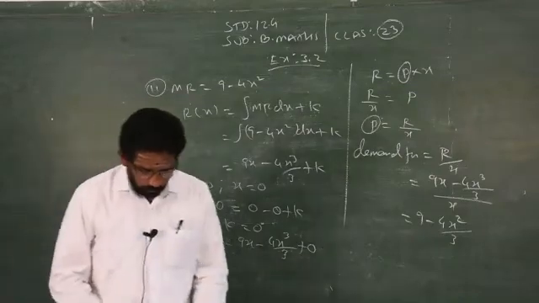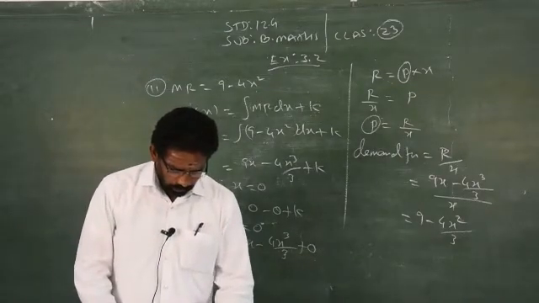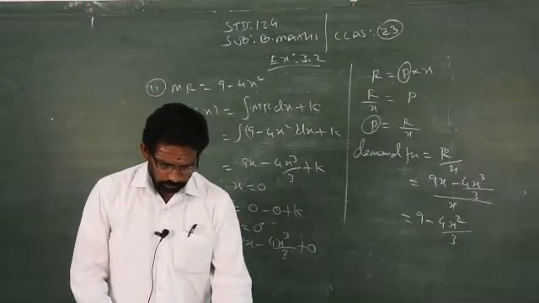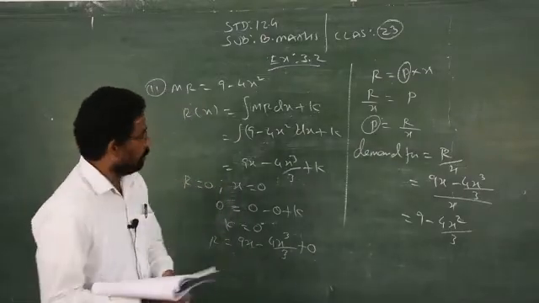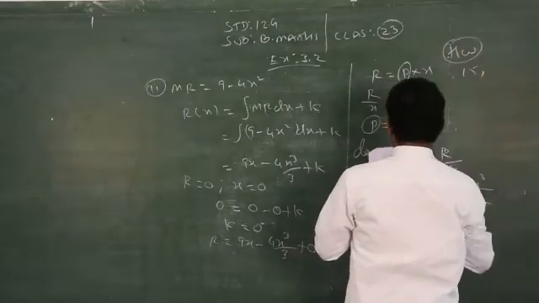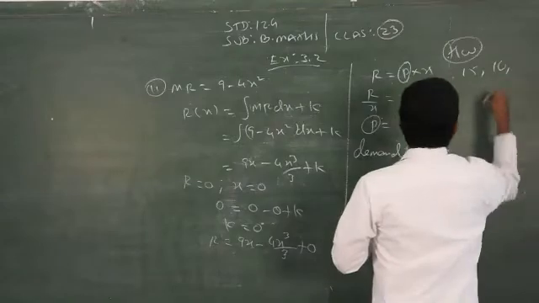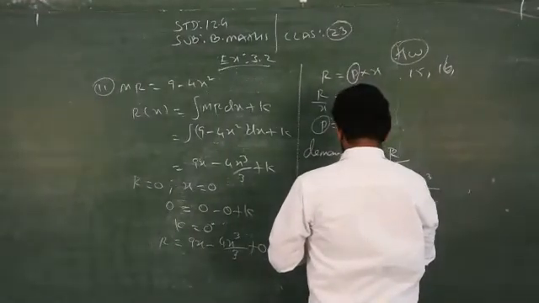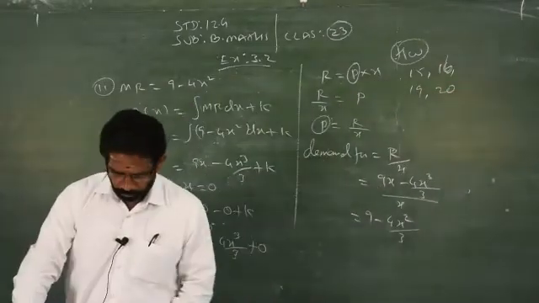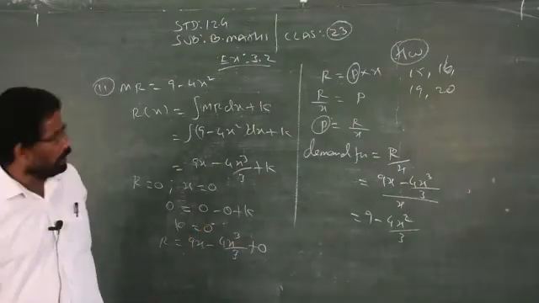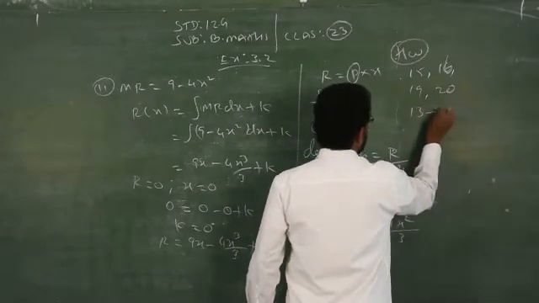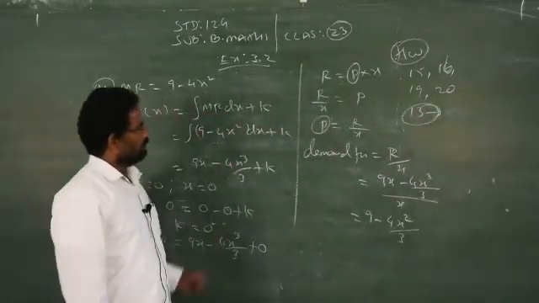The same way you can do sum number 19. You can do sum number 15. This is homework. Clear? So remember that. You try at home sum numbers 15, 16, 19, 20. All these refer to the same model. Clear? Very simple also. And sum number 13 also you have to try. This refers to the second chapter. You try, otherwise I will teach that next class.